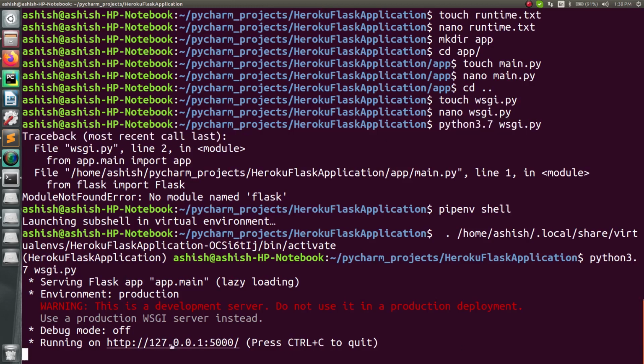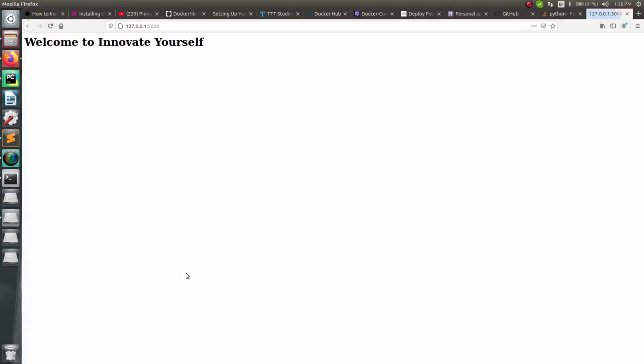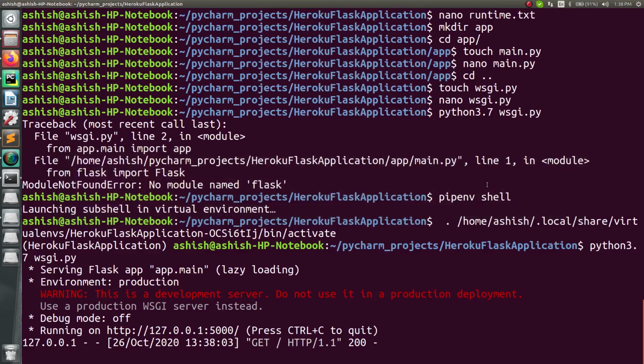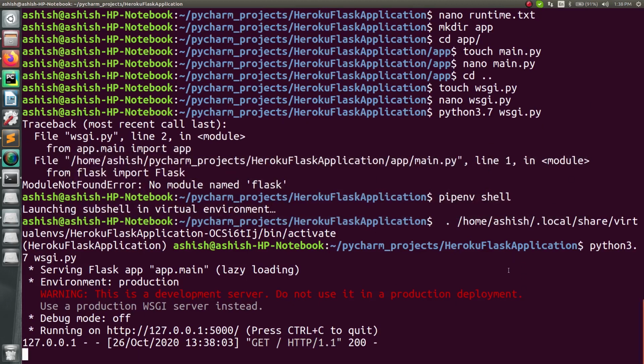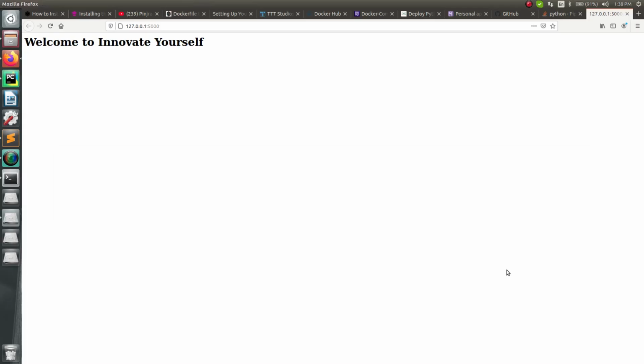So when you go to this API, you will see it will open something like this, like welcome to innovate yourself. So this is what I have done over here, right? From these updations, I have simply created a very basic Flask application based on which I'm able to show some message onto the front end part, right? So this is how I'm doing it.